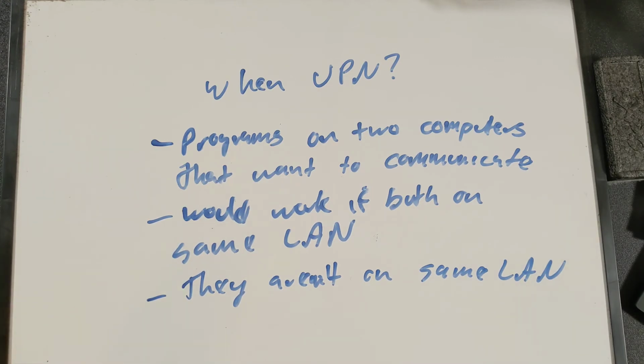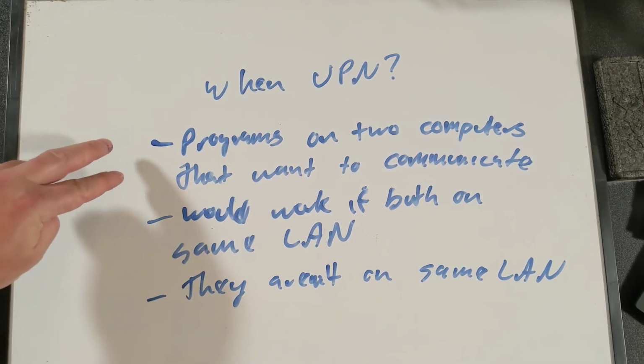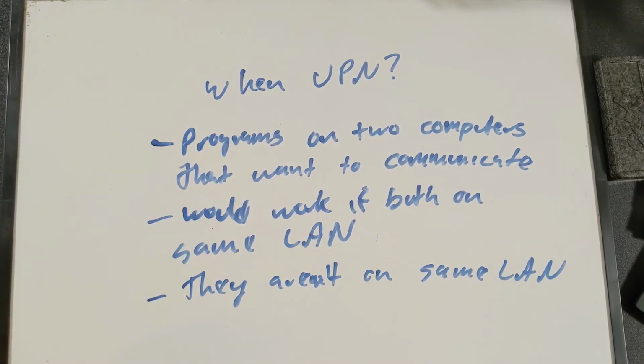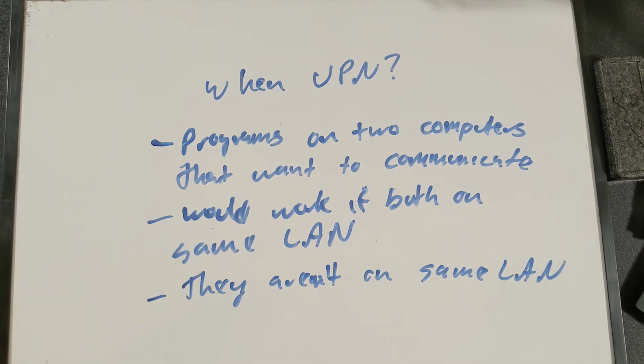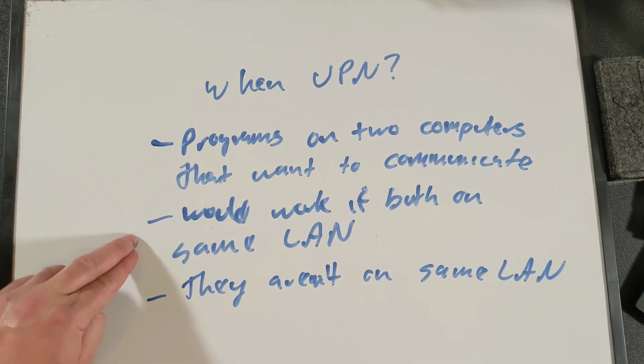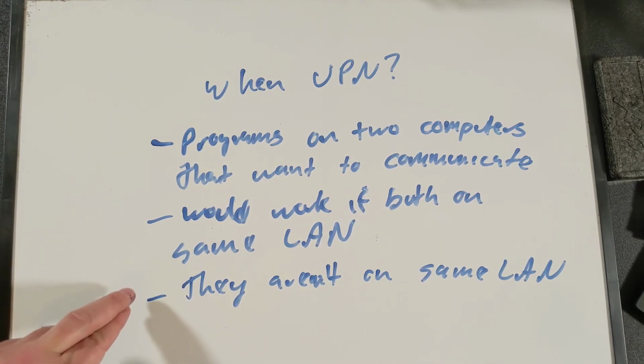And the same is true if you can sort of create this problem. If you have two computers that want to communicate, and you could just give them public network addresses, but you don't want to for security or simplicity reasons, and you can set up the two programs so that they would be able to communicate fine if they were on the same LAN by doing things like requiring a local address to connect, then using a VPN to make it so that it looks like they're on the same local area network is a perfectly reasonable use of a VPN.